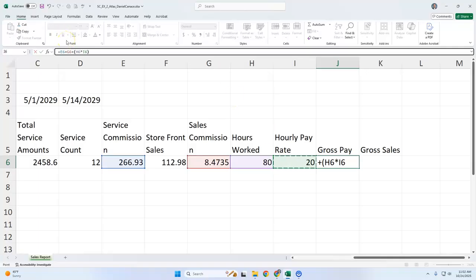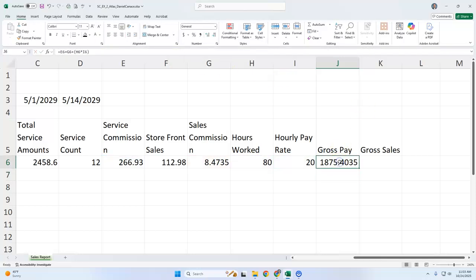And then again, we can close the parentheses. So we're taking both her commissions, and then we're taking how many hours she worked times her pay rate to figure out her gross pay. We can hit enter. That for her should come out to be $1875.40. And finally, for her gross sales, this is just going to be equal to